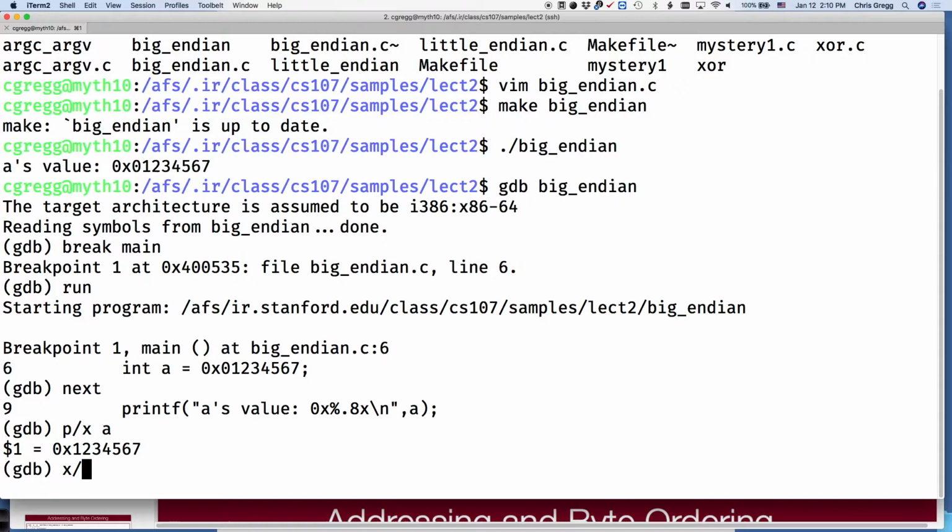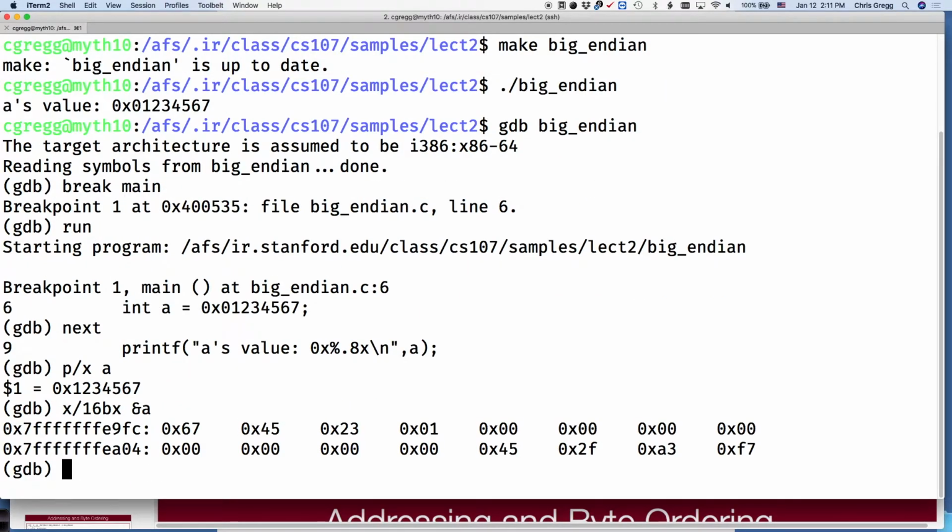Okay? We can also print out the actual memory of where that is. If I say x, that prints out the memory, x slash, in this case, 16, because I want 16 bytes, and like that. If I print out the memory, how do I get the memory address of a variable in C? Remember this? Yeah, ampersand a will give me the memory address of a variable. You can do that for any variable in C. Okay? Ampersand a will do that.